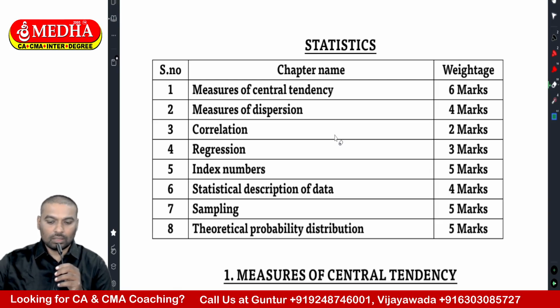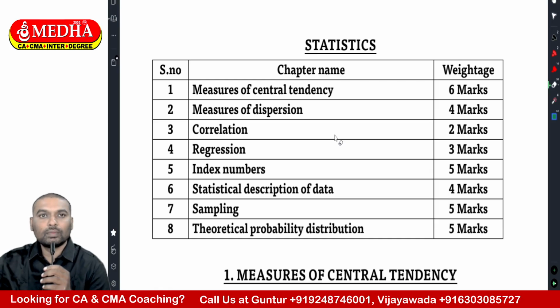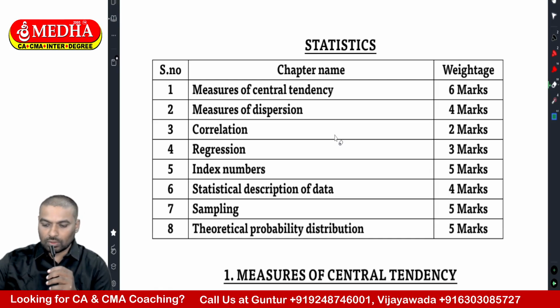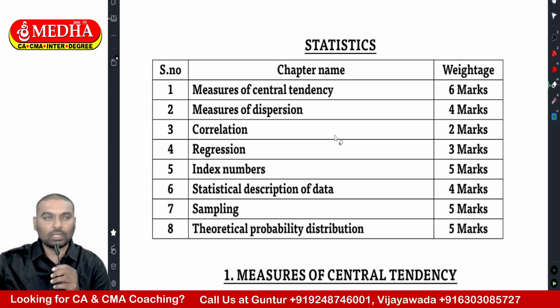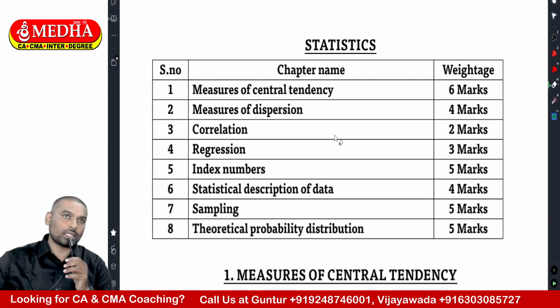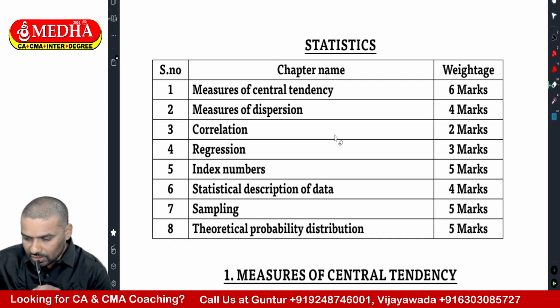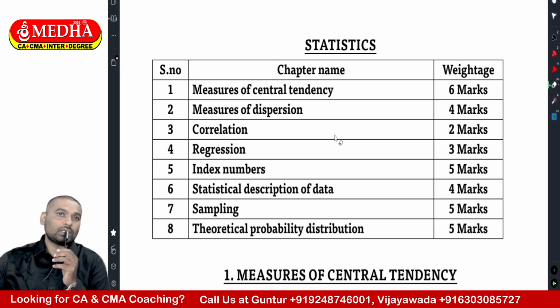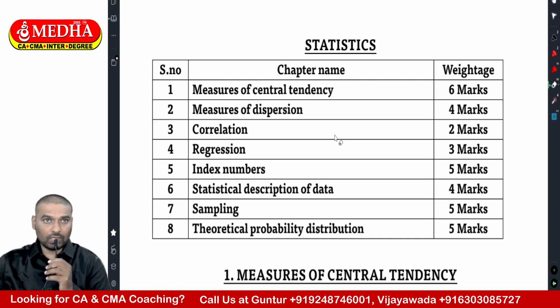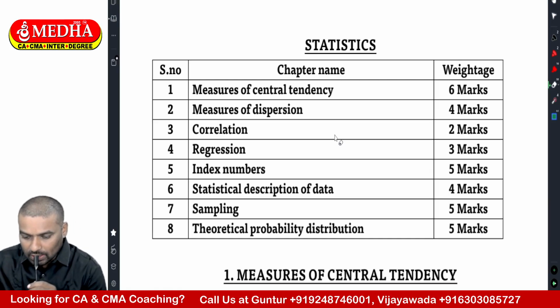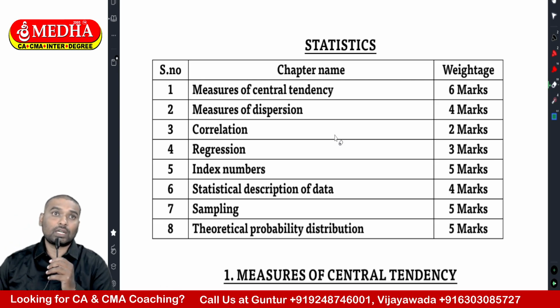In this session, we are going to discuss the CA Foundation Jan' 2026 question paper, paper 3, statistics and logical reasoning. First of all, what are the weightages in each chapter? Each chapter's weightages we will discuss first. So coming to the statistics part, measures of central tendency